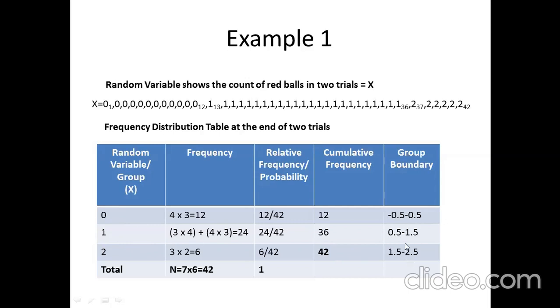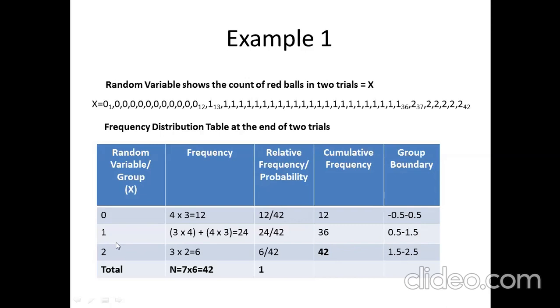So again, we can see that the data has been made continuous with the help of the group boundaries, because the boundary value at which one group is ending is the same as the boundary value from which the other group is beginning. We don't need a class mark column over here because we already have single values of our groups. So this is all about the summarization of the group data that we have.